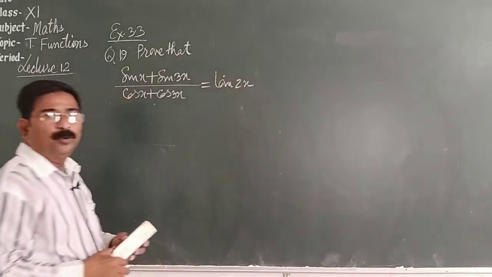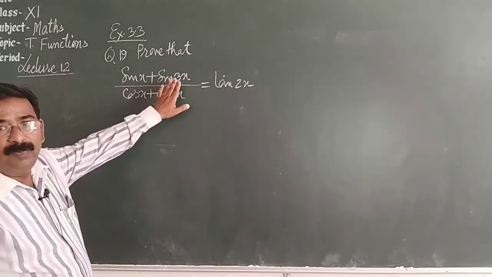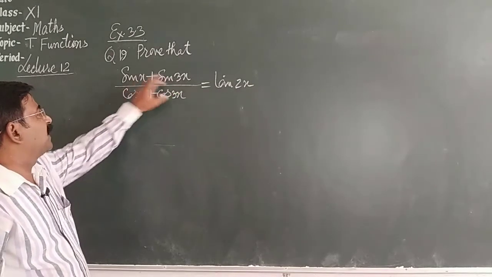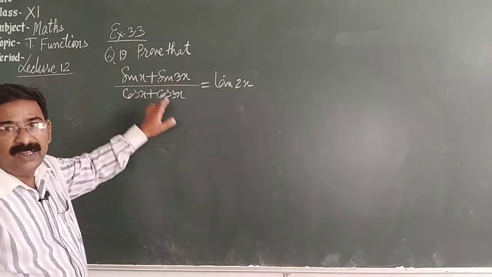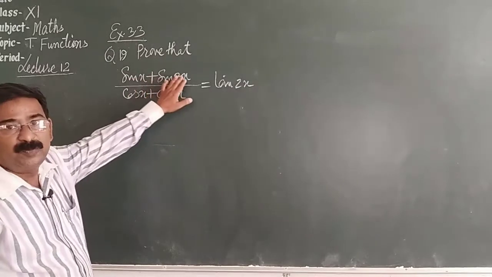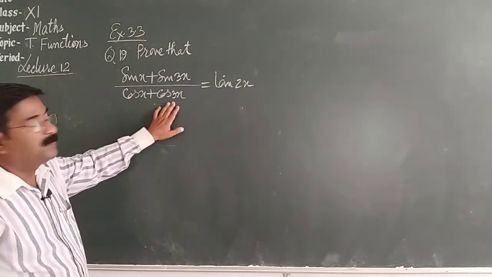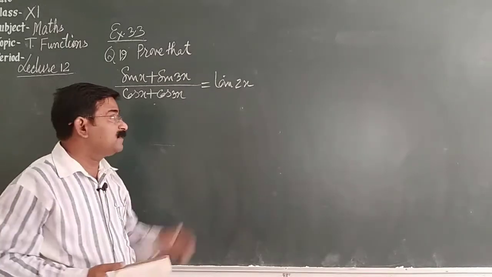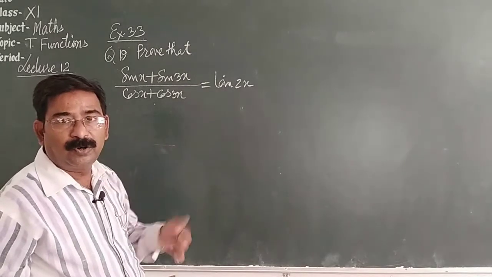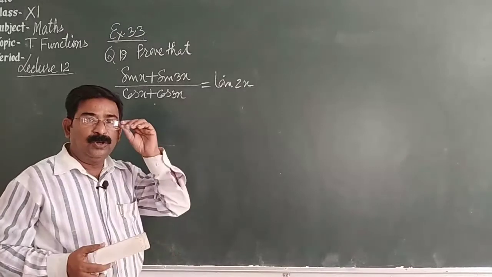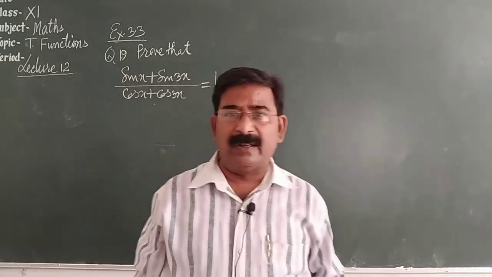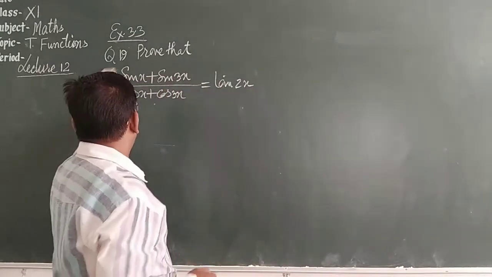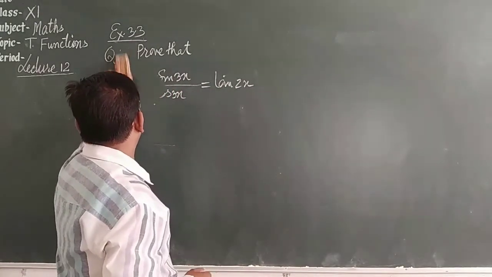So one thing you can do, larger angle can be kept first. So you can write sin 3x plus sin x upon cos 3x plus cos x, and apply the formula of sin a plus b in numerator, cos a plus b in denominator, and one portion will be cancelled. Whatever is left, sin 2x upon cos 2x will be left, and that is equal to tan 2x. So this can be done by you. Very simple question. So you will solve this question number 19 also.